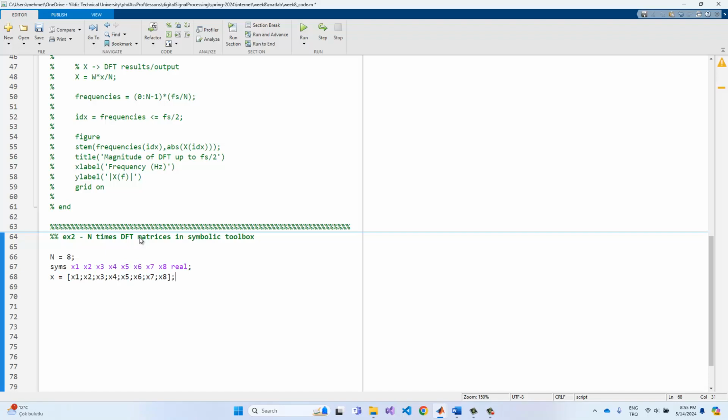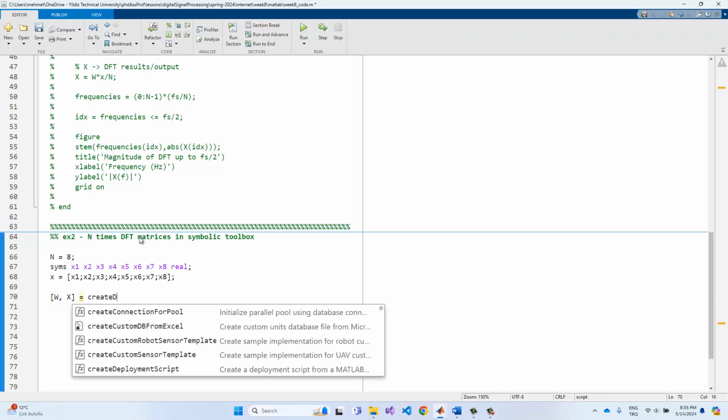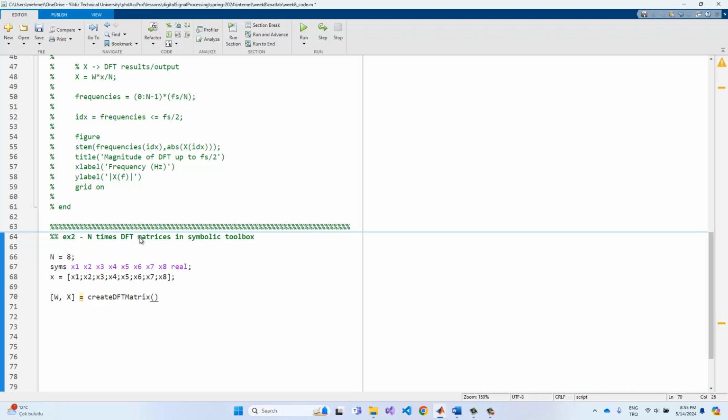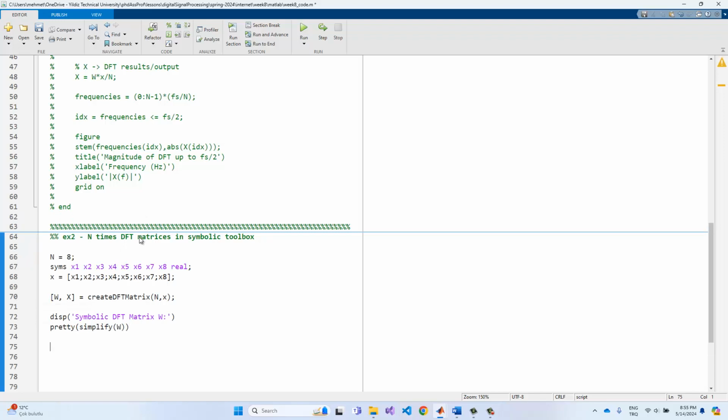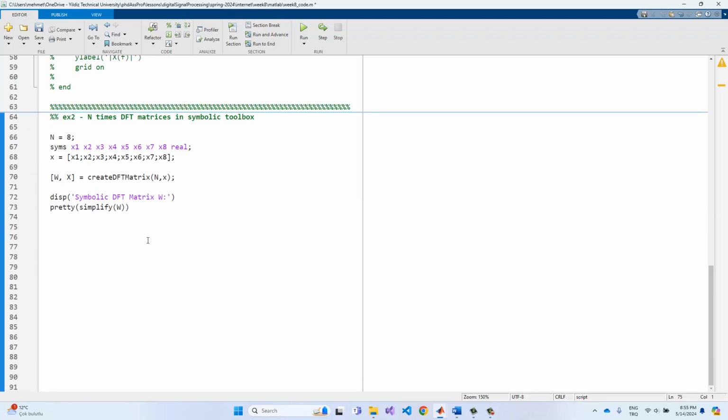8 times 1 rows can be created in here just like this one. Okay, and so we should create the W and x values in here. Create DFT matrix n and x. We need to implement the discrete DFT matrix to display the values of the symbolic DFT matrix W. Okay, and so we need to give the pretty simplify of W terms in here, just like this one. And also we can observe